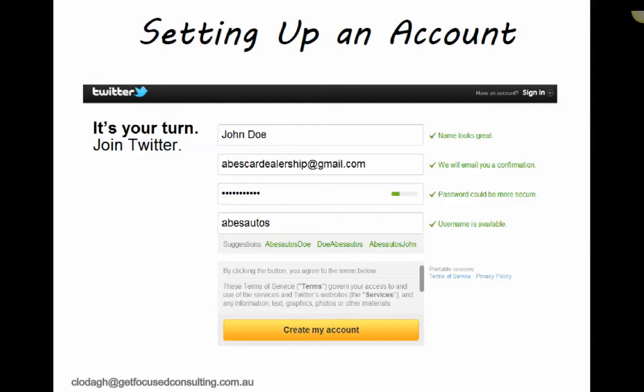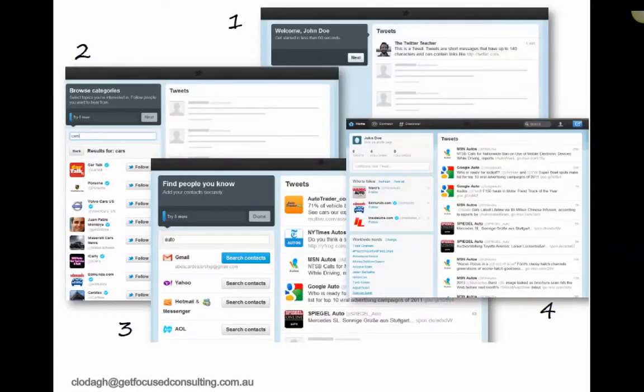So once you've got the account set up, you go through a set of stages where it says welcome to you, and you can actually put in your own tweet and create that. It has to be less than 140 characters. Step 2 is you can go along and see things that you might be interested in, brands, people. It'll just offer up a bit of a suggestion. You can choose to accept or ignore that.